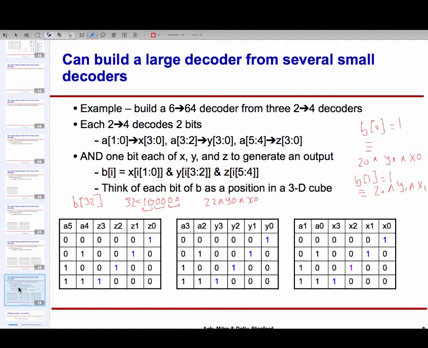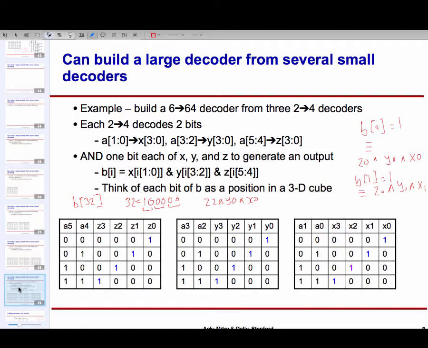The idea here is the following: 6 bits could be viewed as 3 pairs of 2 bits. I'm going to decode each one of these pairs separately using a 2 to 4 decoder. And then I'm going to create my desired output for the big decoder by combining these in different ways. If you look at the lower 2 bits, A1 A0, A being my input, they can take 4 distinct values.